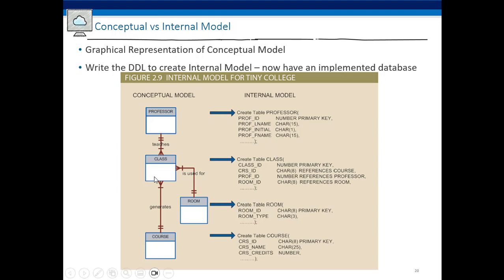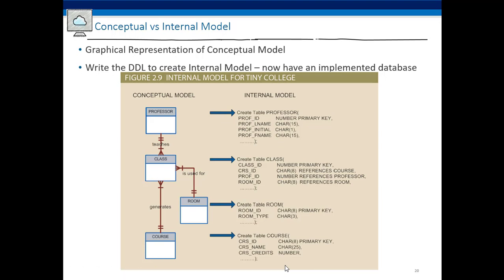So from here, you're going to write SQL. That's our internal model. Actually, in ER diagramming, we're going to list the fields or the attributes here. Okay. And then from here, we then write the SQL, and that's what you're going to do when you're ready